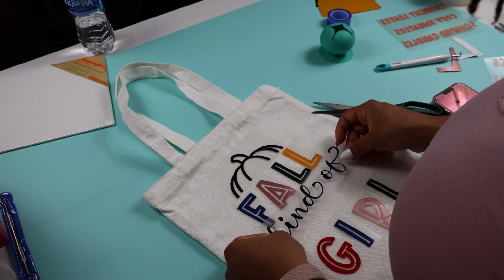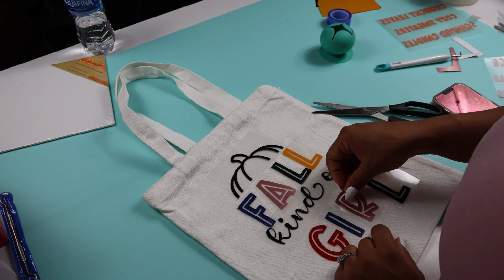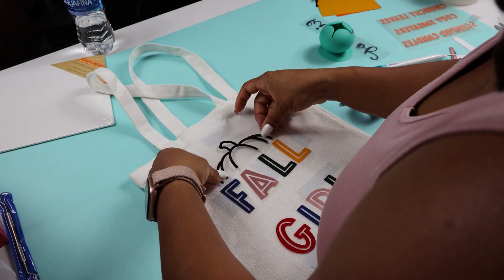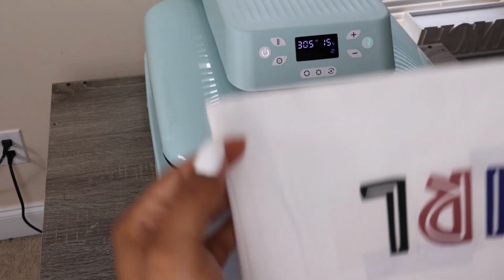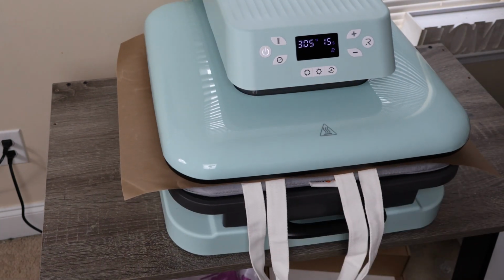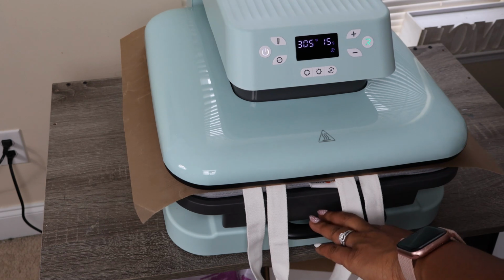heat resistant tape from Cricut, and then I'm just going to put that on to my heat press backwards, and then just let that heat up, let it cool down, and then remove that tape. And then I'm going to go put the pumpkin on top, as well as the kind of, because I realized that once I was cutting this out and making sure that it overlapped correctly, that I had to do it